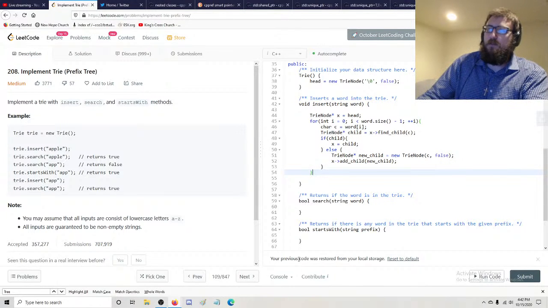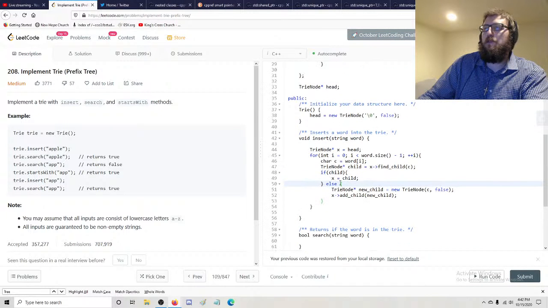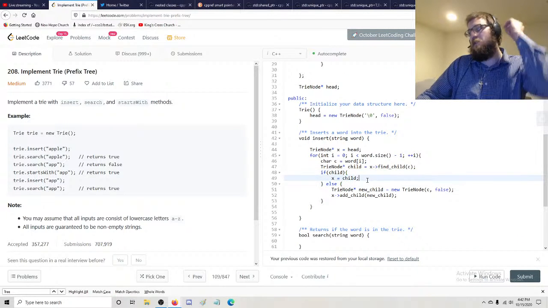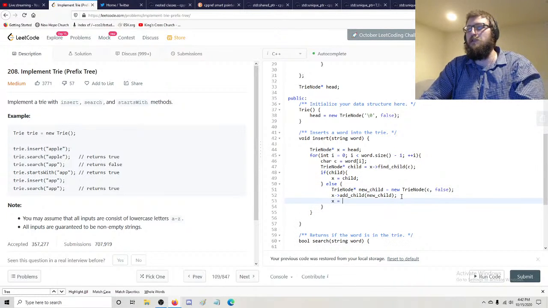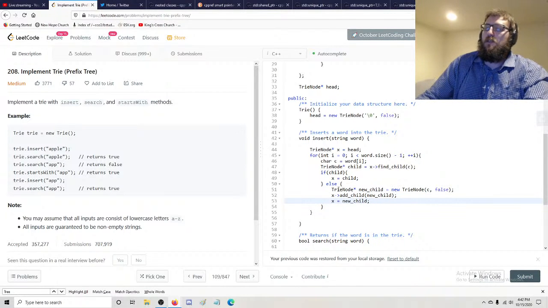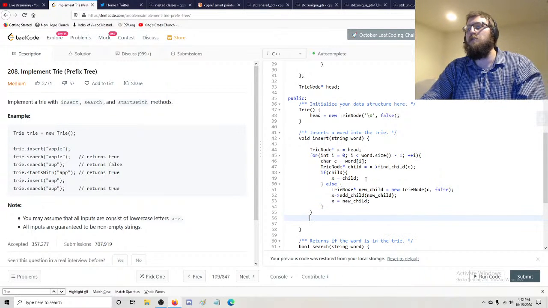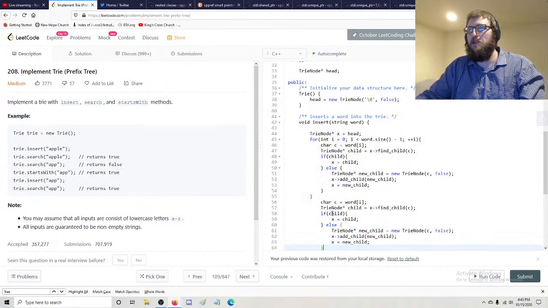So now, if there's a child, then you're going to set x to that child. Otherwise, you're going to create this new child and add the new child, and then set x to this new child. So you're going to update this pointer, and then all the way at the end, we're going to basically run the same routine again for the last character,